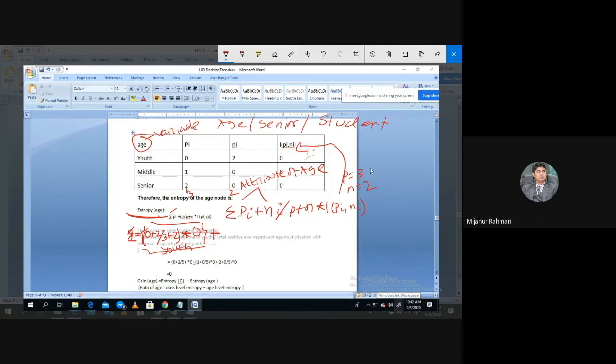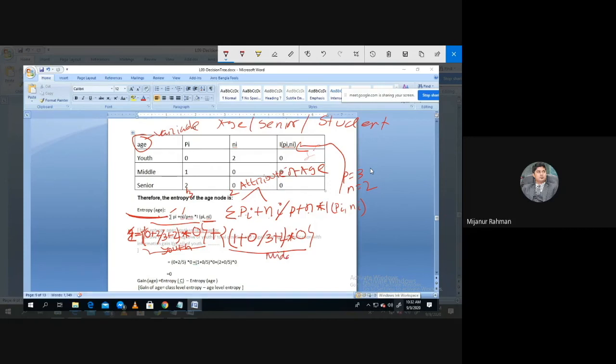এরপরে সিমিলারলি কার জন্য করব? হ্যাঁ, এখন আমরা মিডলের জন্য করব। মিডলের জন্য পিআই কত? 1। মিডলের পিআই 1, দেন পিআই এর পরে প্লাস এনআই। দিস ইজ এনআই, ওকে। সো মিডলের এনআই কত? 0 ডিভাইডেড বাই হোয়াট ইজ পি? দিস পি, পি কত? 3। এই 3 কিভাবে এসেছে? টোটাল টেবিলে 3টা ইয়েস আছে, টোটাল টেবিলে 2টা নো আছে, তো 3, এন হচ্ছে 2, ইনটু মিডলের আইপি এন হচ্ছে 0। এই যে দেখো 0 ক্যালকুলেশন। এটা গেল মিডলের জন্য।